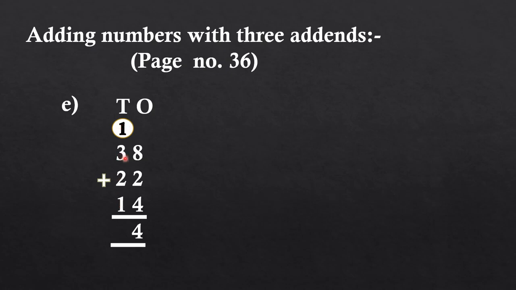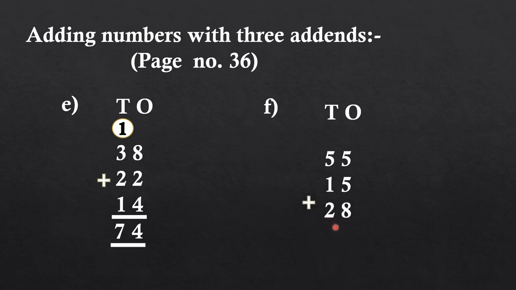Now we have to add tens place column digits, that is 3, 2, 1 and 1 carry digit. So first keep 3 in your mind, 2 on your fingers. So after 3 you have to count 2 numbers, 4, 5. Now keep 5 in your mind and 1 on your fingers. So after 5 you have to speak one number, that is 6. Now keep 6 in your mind and carry digit 1, that is 7. So we will write 7 here. So our number is 74.